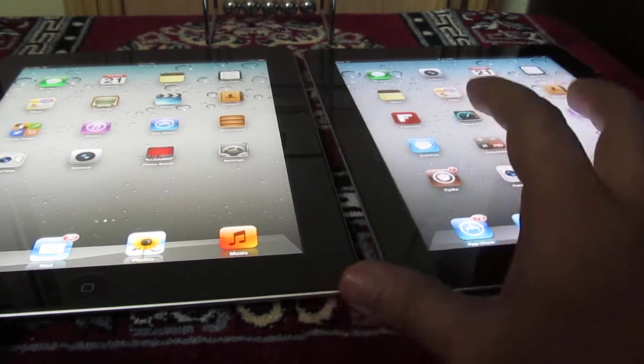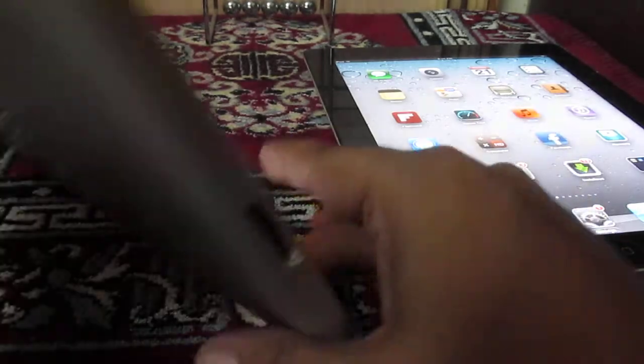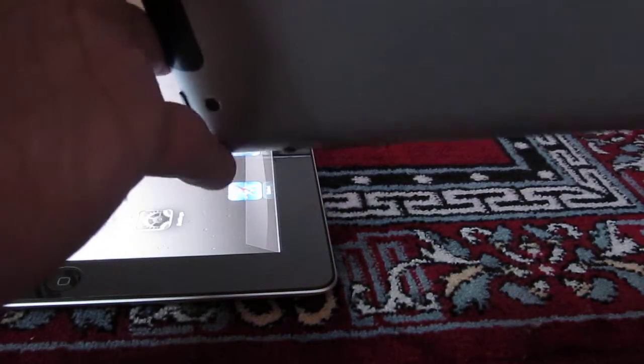Another difference is the camera. iPad 3 or the new iPad has got a 5 megapixel camera at the back, which records high definition video at 1080p with 30 frames per second, whereas the old generation, the second generation iPad, has a 0.7 megapixel camera at the back, which does video recording but not too good